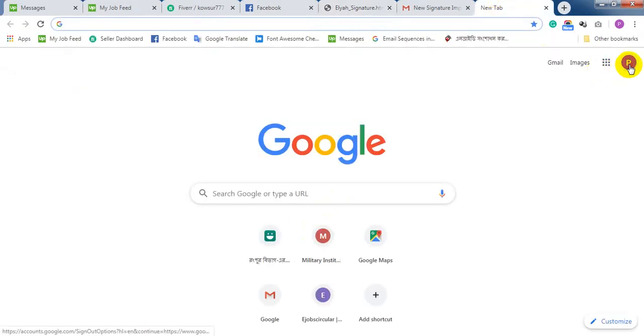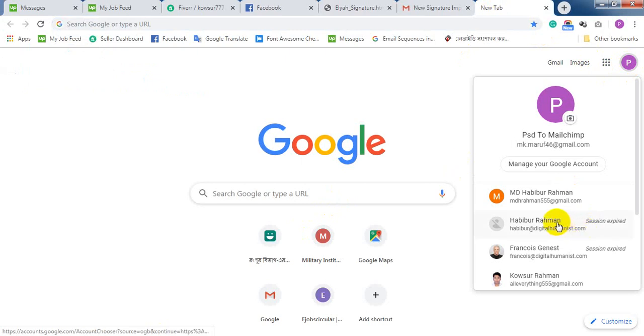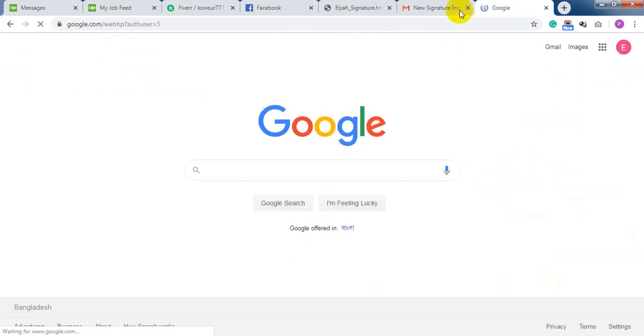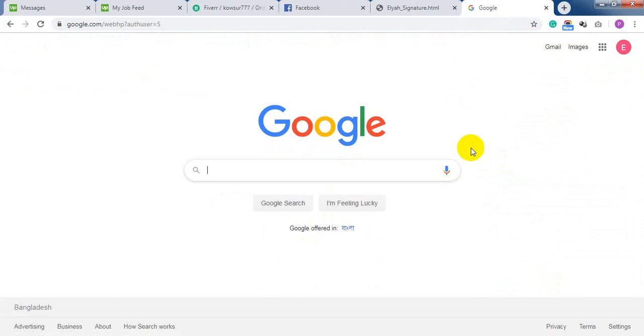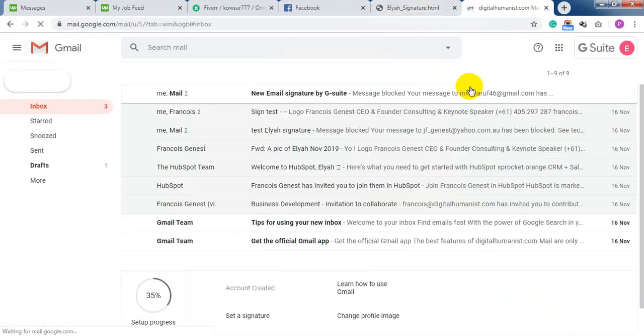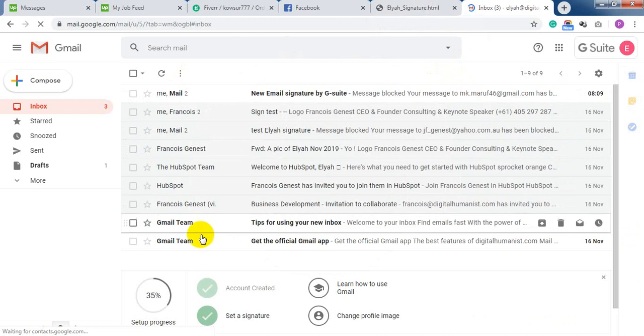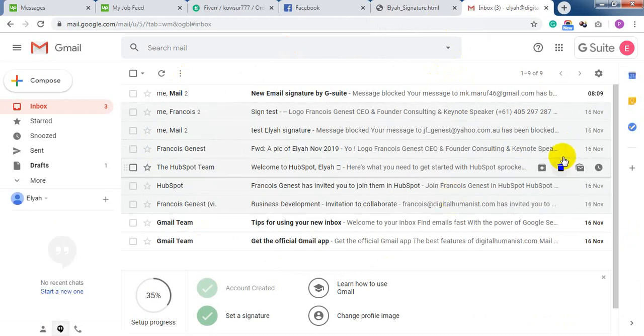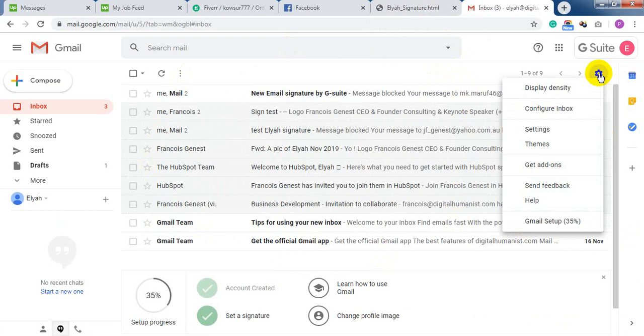At the very first time we need to enter our G Suite account. Okay, already I have logged in to my G Suite account. I just have to enter the Gmail and click on this account. After logging in to the G Suite account, I just need to click the settings button, and under settings,